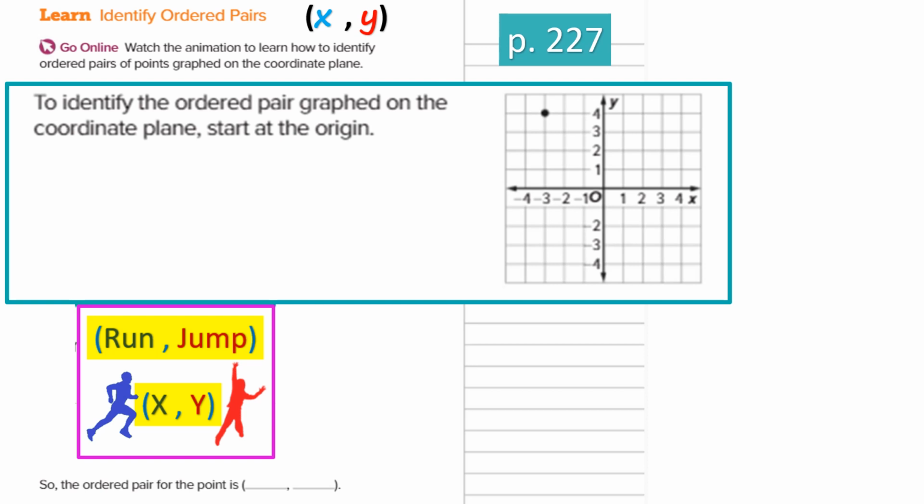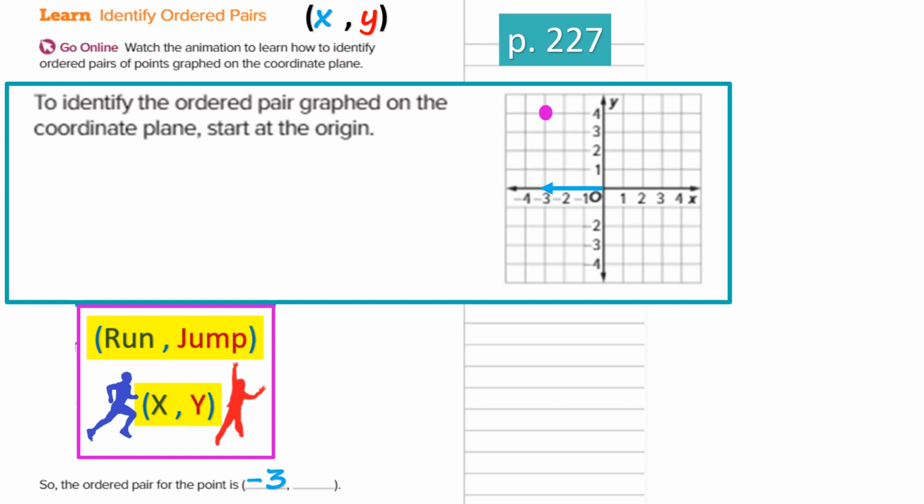So going from my point of origin, my (0, 0), where am I going to go? Hopefully you're saying, well, I'm going to go to the left, right? So if I'm going to go to the left, I see how many I'm going to go to the left, and that says -3. So I know in my ordered pair, once again, I have to have parentheses, an X,